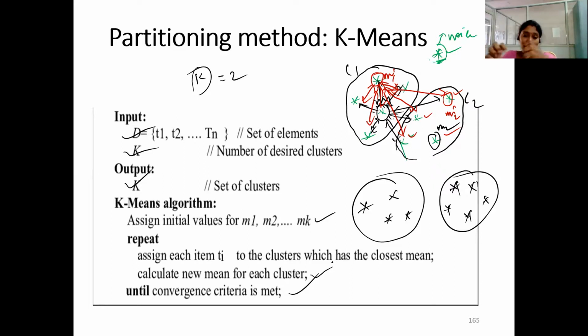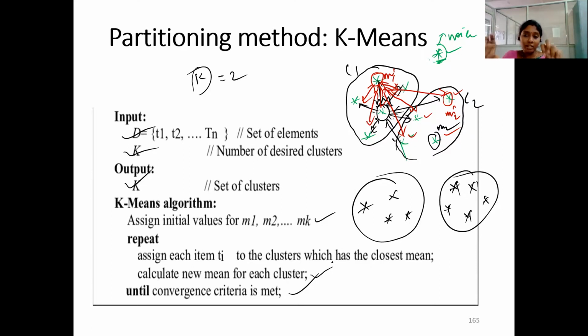So we are not initially forming the clusters randomly. We are initially taking the means of the clusters only. And after that, we are assuming that these are the real means. And we are now forming the clusters based on that mean. How to form the cluster? There we need to find out the distance between each point and that mean, and based on the distance we are forming the clusters.